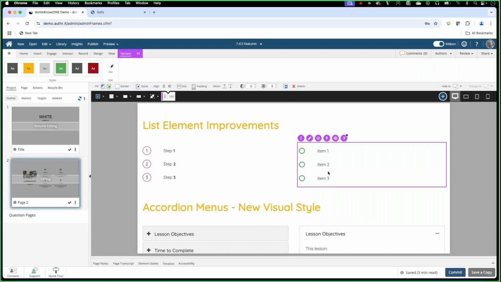We've had this element for a number of years already, but the setup that we've got now, making it easier to choose a style right off the bat, with a little more flexibility in how you edit and work on them, is a really nice time saver for our authoring teams that make a lot of use of these list elements to present items and content to their learning audience.